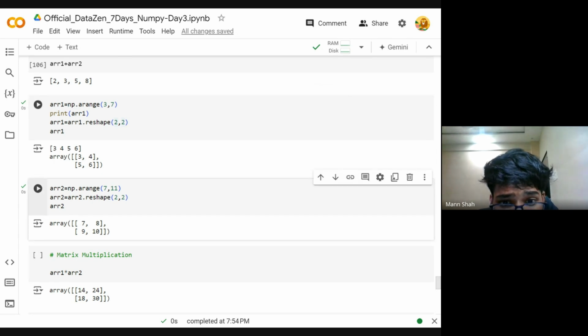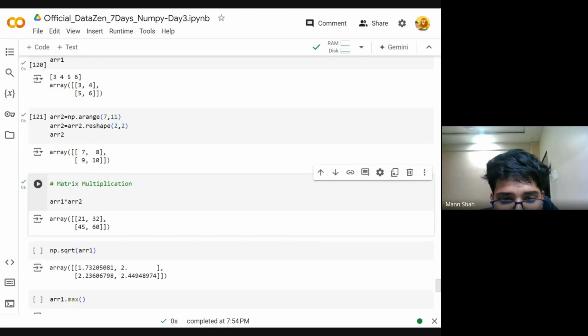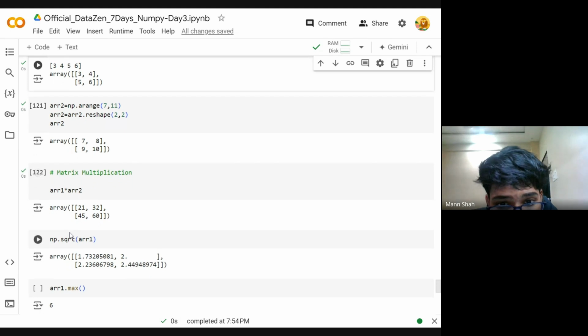7 से जो कि होता है 21। एक मिनट, मैं पहले रन करता हूँ। और यू कैन सी, जैसे कि मैंने कहा 3 मल्टीप्लाई होगा 7 से तो हमें 21 मिलेगा। फिर 5 मल्टीप्लाई होगा 9 से तो 45 मिलेगा। फिर 4 मल्टीप्लाई होगा 8 से जो 32 मिलेगा। और 6 मल्टीप्लाई होगा 10 से जो हमें 60 देगा। ठीक है, तो यहाँ पे आप देख सकते हो कि मैट्रिक्स मल्टीप्लिकेशन में एडिशन नहीं होता जो बुक मल्टीप्लिकेशन में होता है।